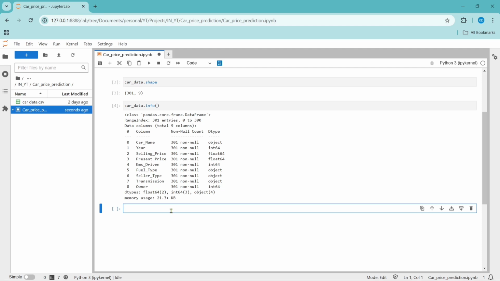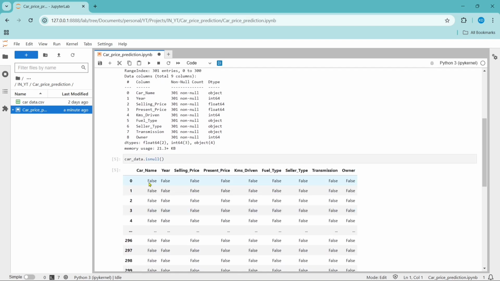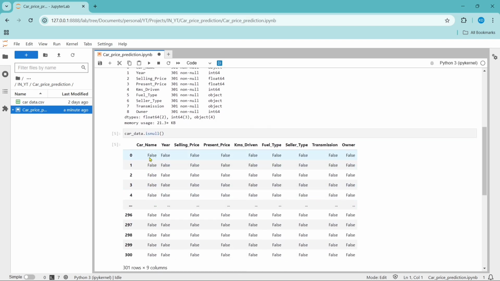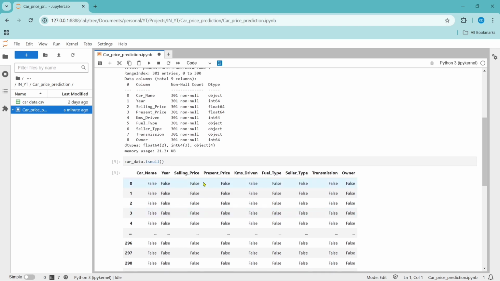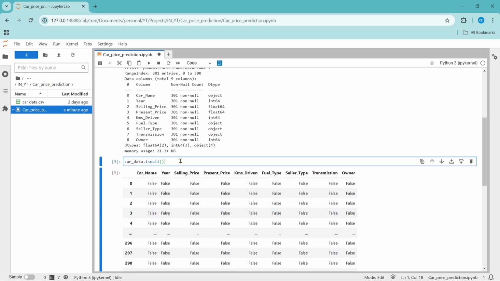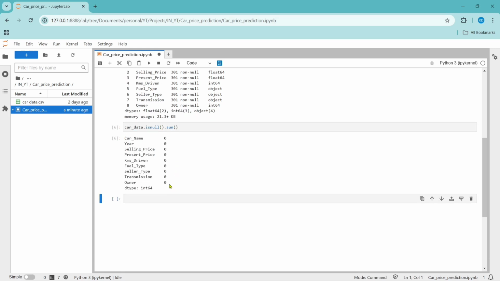So let's see if there are any null values in the dataset, guys. We can do that using the isnull function, right? So car_data.isnull(). It checks whether the value is null or not, right? So if you see here, False, False, False, somewhere there will be some True values if there are any null values present in the dataset, right guys? So we can get the count for each and every attribute using .sum(). So if you see here, there are no True values, that means there are no null values in our dataset,